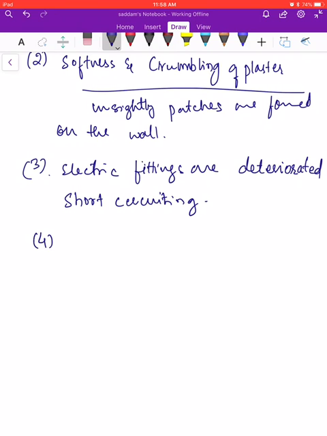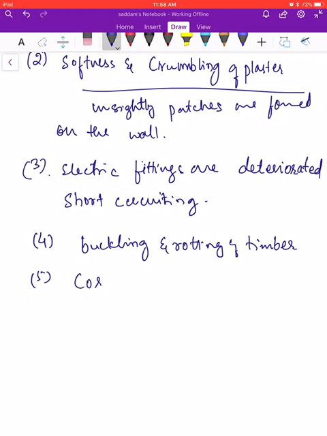So it may also lead to buckling and rotting of timber, also corrosion of material,